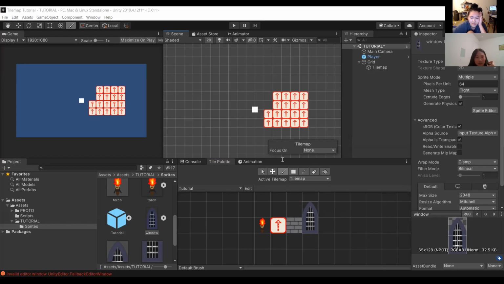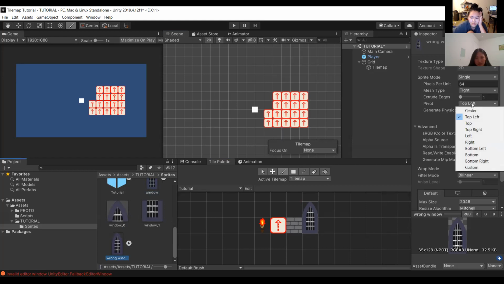So is there any way to actually work with 2x1 sprites as one single entity? Yes. So that is the pivot points I was talking about. So here, let me see if I can set it. I didn't actually fiddle with this. Let's set it. Might have to do a custom.